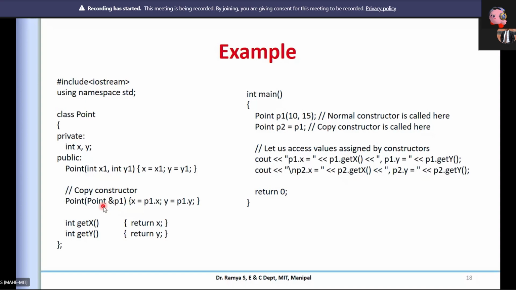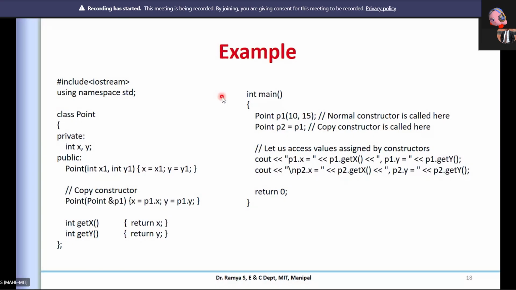Whatever I pass as an object, its information is copied to these values, so you are making a copy of it. There are also two member functions, getX and getY, in the public area, which can access the private variables and return them.